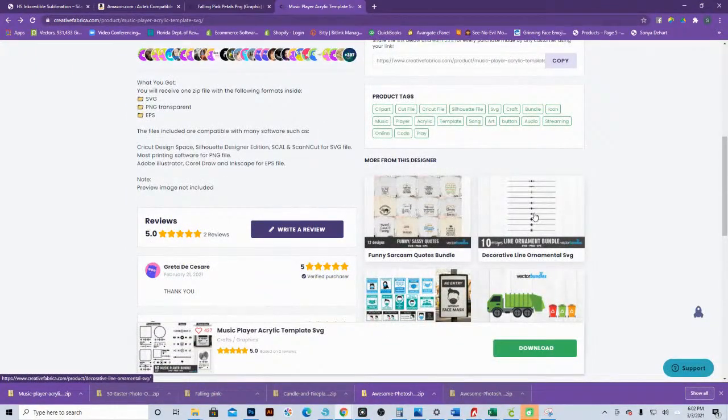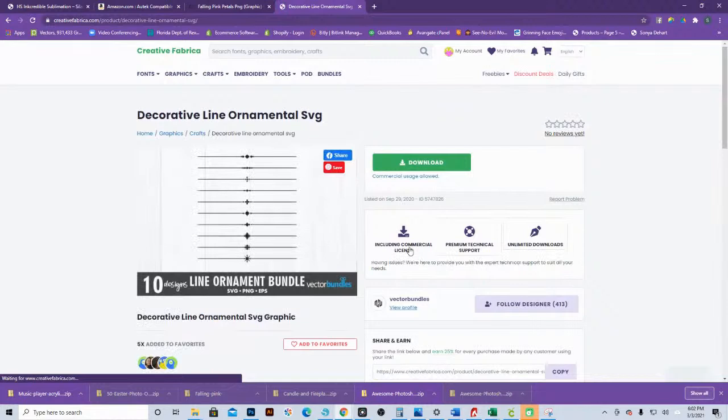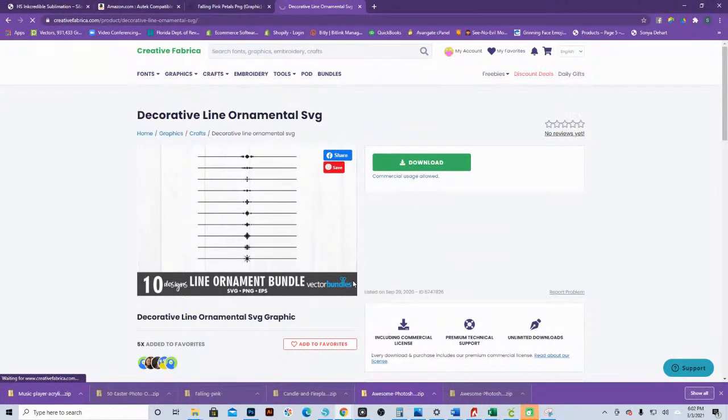All right. Ooh, different line separators. This is a good one. Ooh, I need this one. See, I don't